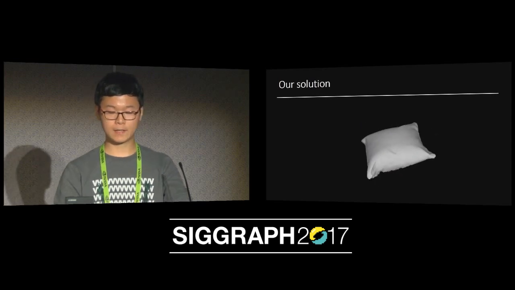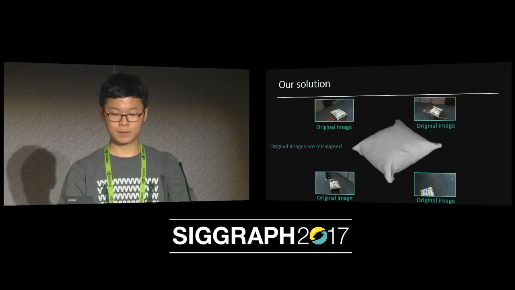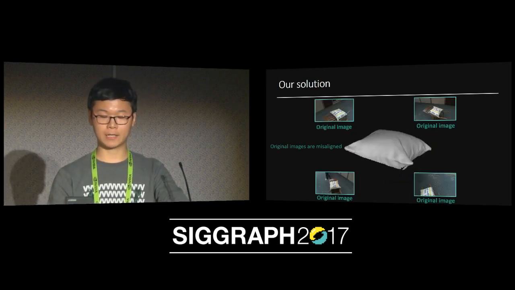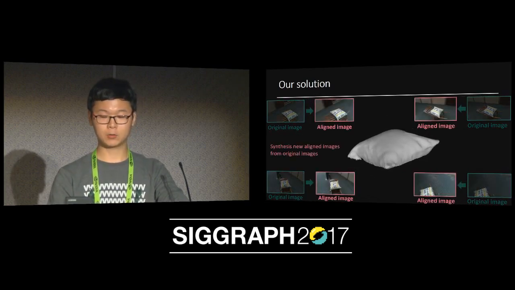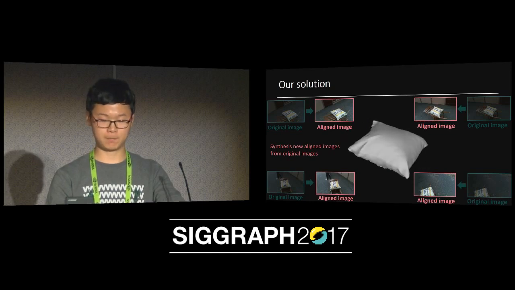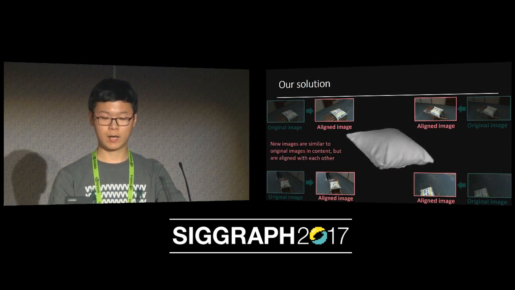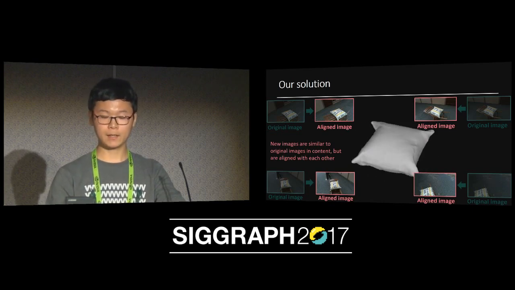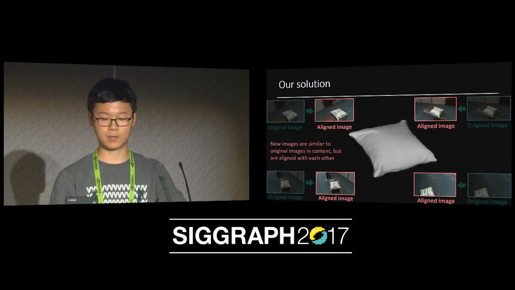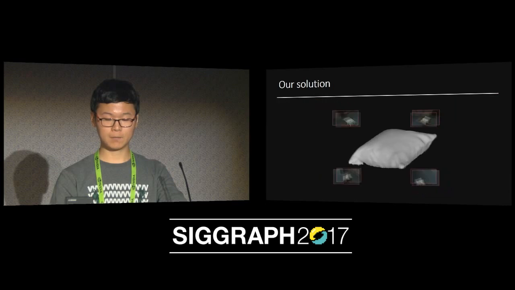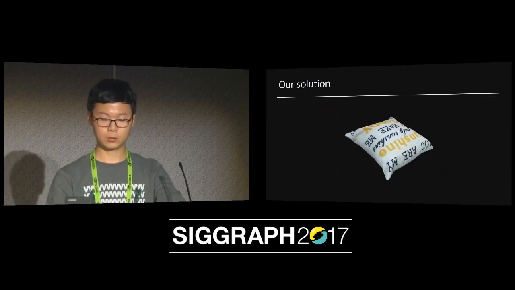In this work, instead of projecting and blending the original images, which are misaligned with respect to geometry and camera poses, we propose a novel global patch-based optimization system to synthesize an aligned image for every input image. The synthesized image has most of the information of the original image and is similar to it. But it is aligned with the others as a result of our global patch-based optimization system. Given these aligned images, we can safely project them onto geometry and do a simple blending to get a high-quality